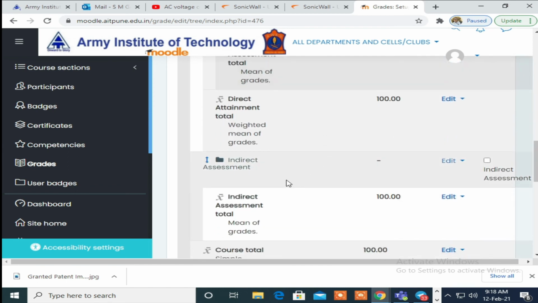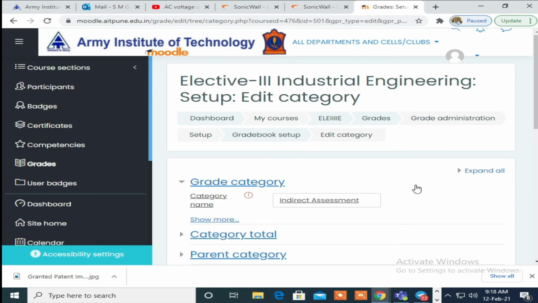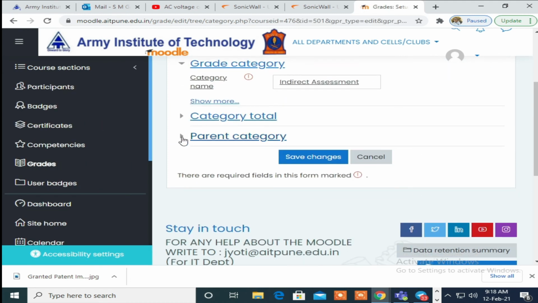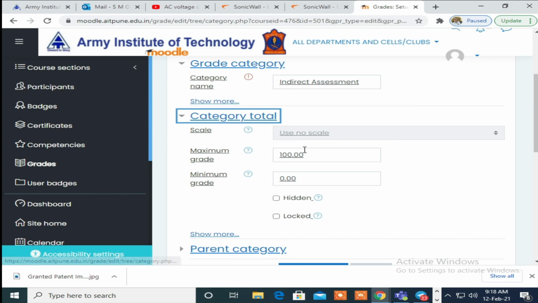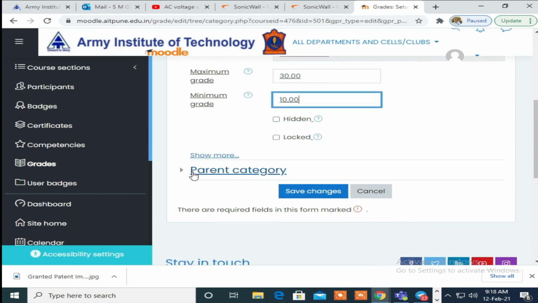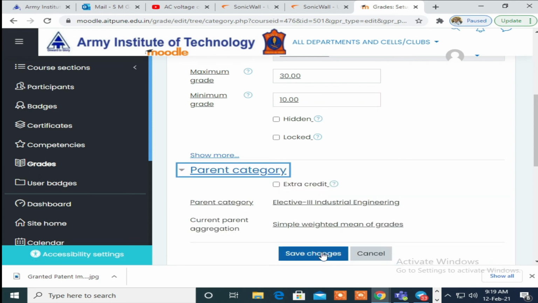You can see it is indirect assessment 100, so go for the edit button, edit settings, and check here you can see 30.00, 10.00, and in parent category you can choose the weightage.